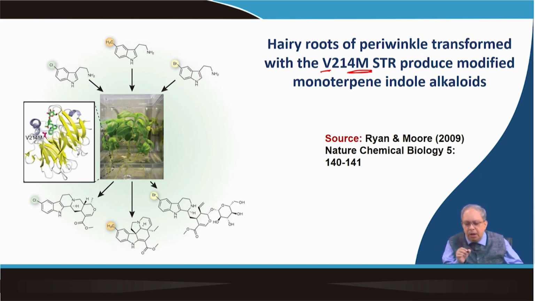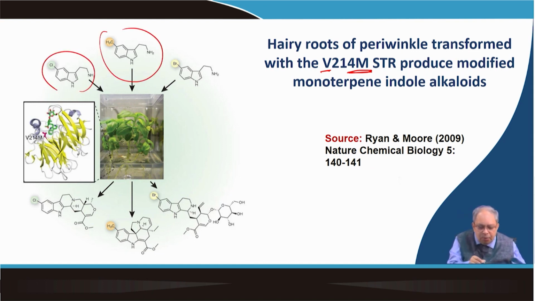So, this is basically a mutant gene. They transferred the mutant gene into hairy root culture. That means they generated co-transformed hairy root culture with a mutated STR, but the normal pathway is still there. So, the normal STR is there along with the V214M STR, and then they made feeding of chloro,